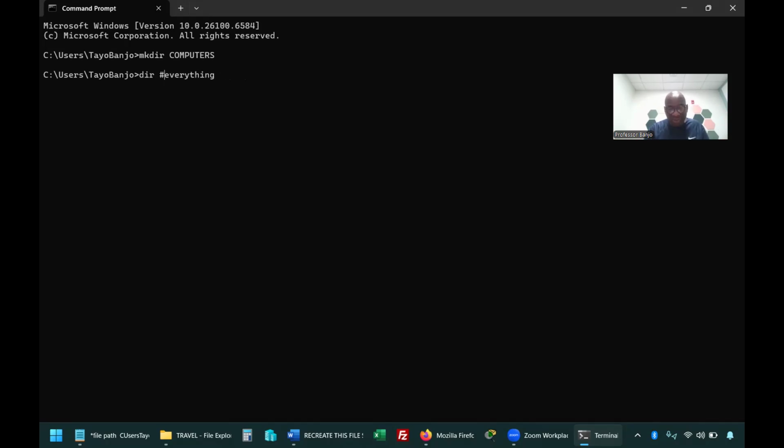Maybe it's better to just do show. So dir, show everything. Remember I typed this pound symbol, so everything here doesn't actually affect my command. The only command I need here is dir. But just for notes, it's like writing a note to yourself. If I hit enter here,